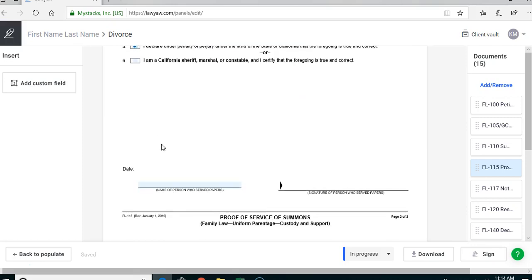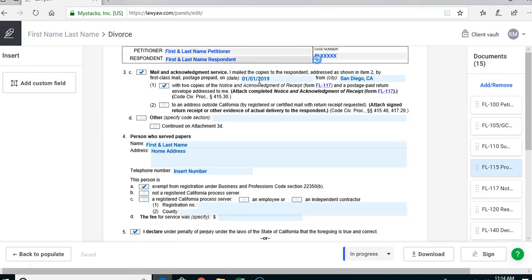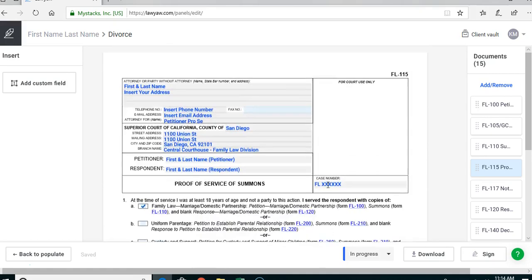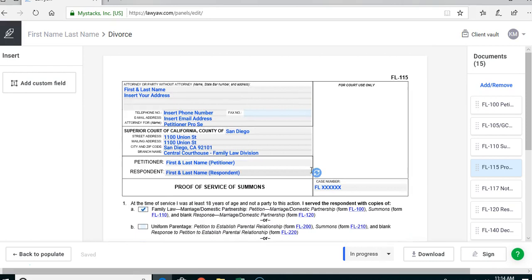Once the person who provides process service has completed their personal information, you're going to have them date the form, insert their first and last name, and then sign the document. You need to make 2 copies of this signed document because you're going to file the original plus 2 signed copies with the court. Then you're going to serve 1 signed copy on the respondent, and you'll keep 1 copy